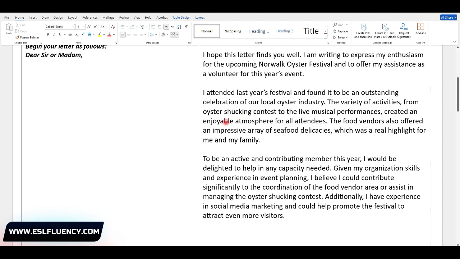You can add little bits and pieces like this, as long as you don't change something drastically in your planning, because there's a high chance you might mess up your task achievement or cohesion and coherence if you just write whatever comes to your mind at the time of writing.